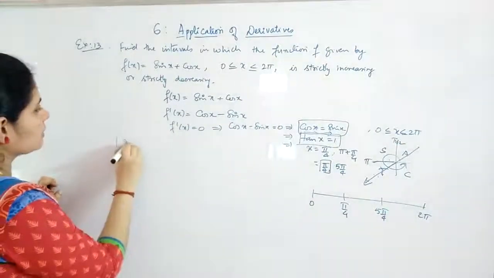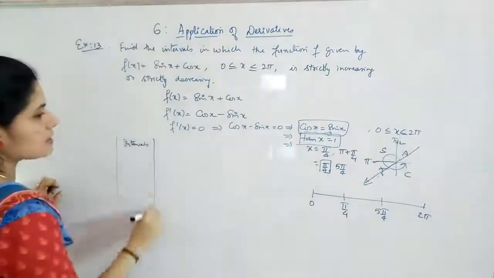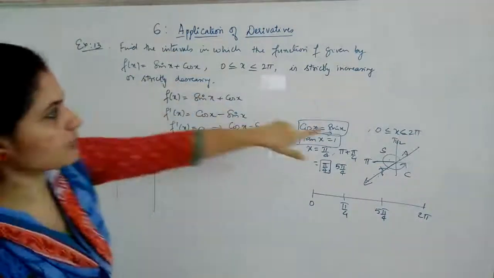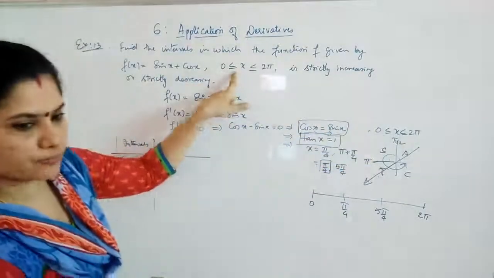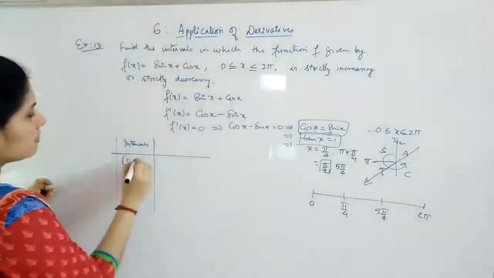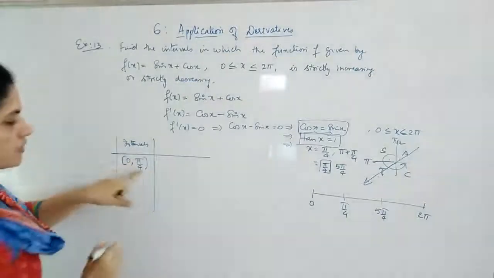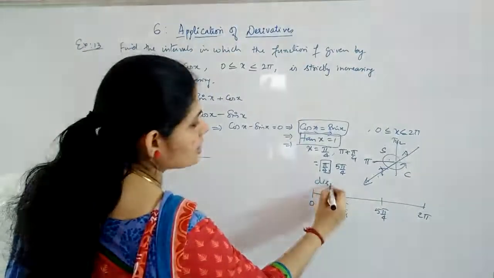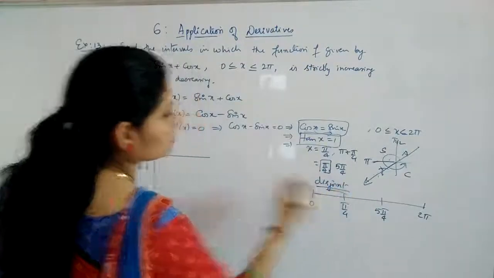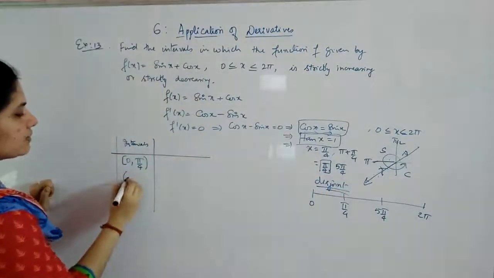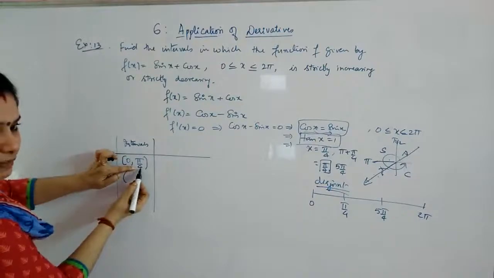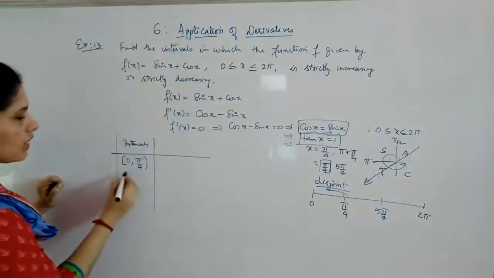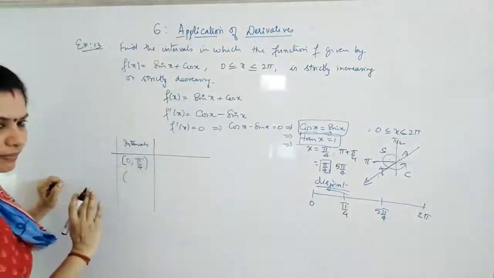Which are the intervals? Intervals are again closed 0, because here it is equal to sign also. So closed 0, pi by 4, at that point we will put it as open because we are breaking it into disjoint sets. Okay, disjoint sets. Here, we will not check at pi by 4. Already we have got pi by 4. That's why we are not checking at pi by 4, and hence we are putting it as open bracket. Okay.